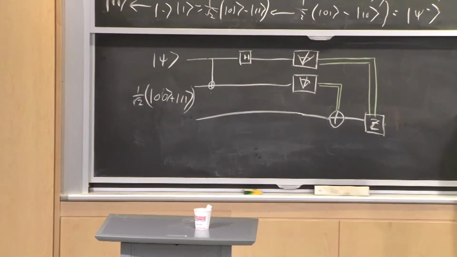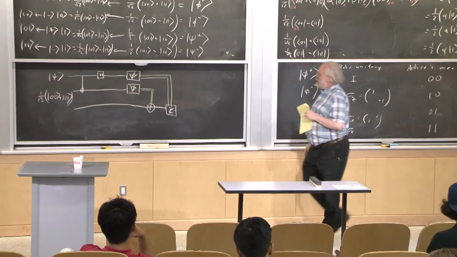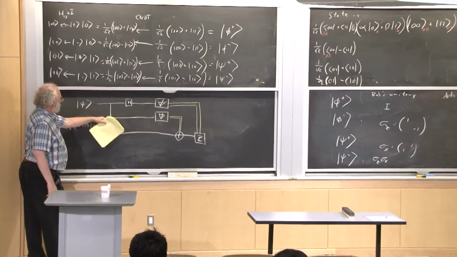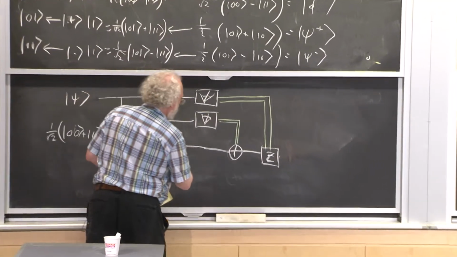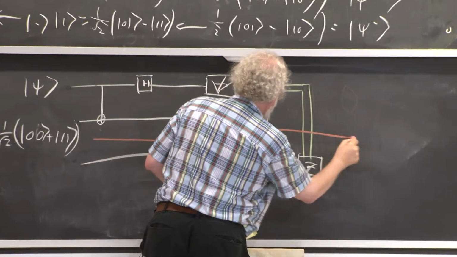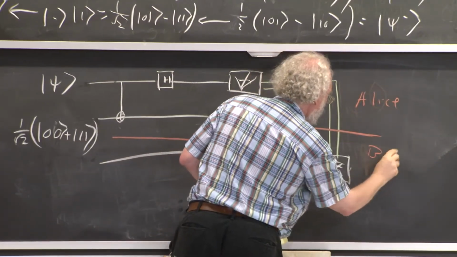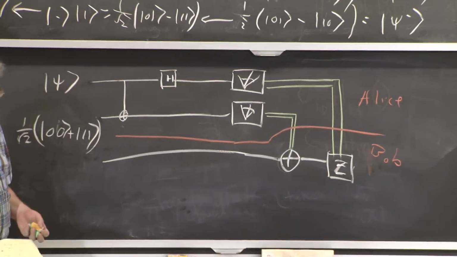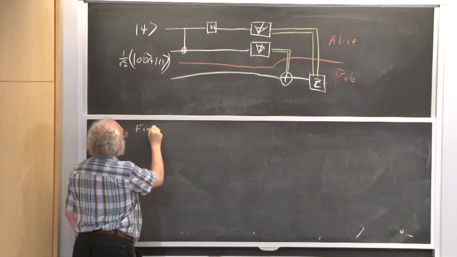But first, what did I want to do? First, I wanted to divide this into Alice and Bob. So Alice has the first two parts. So the first operation,